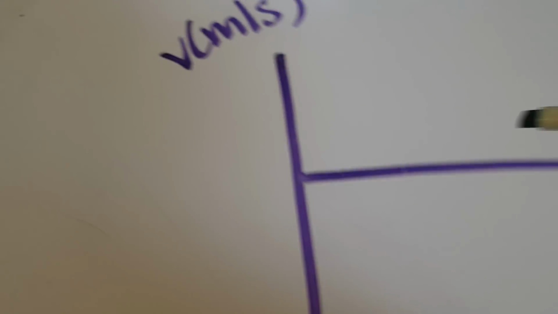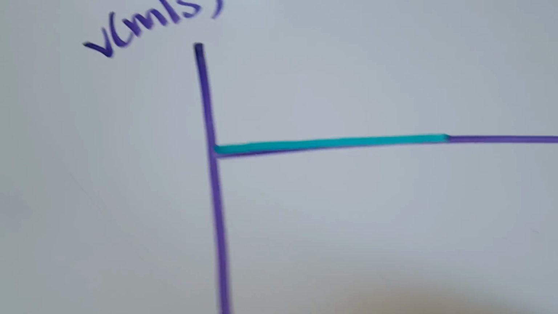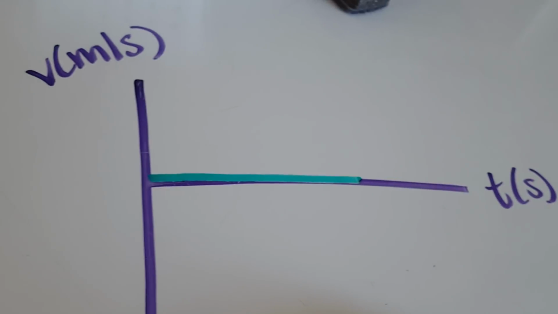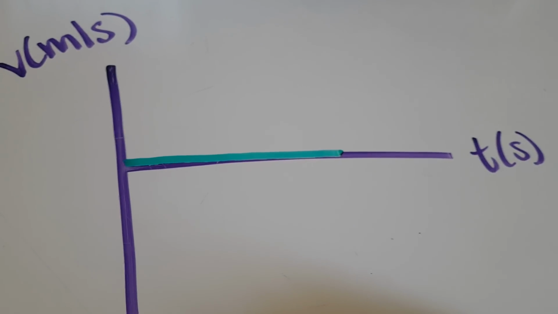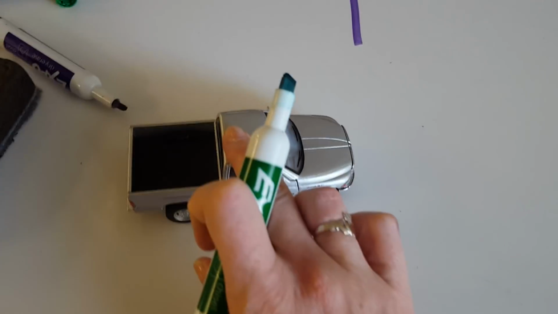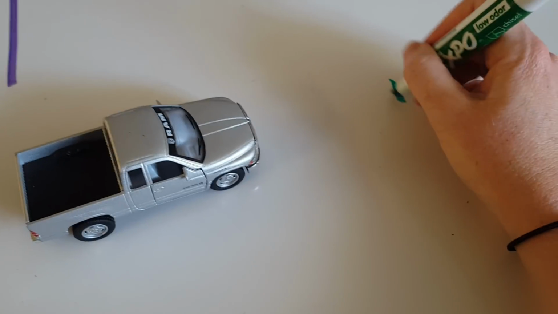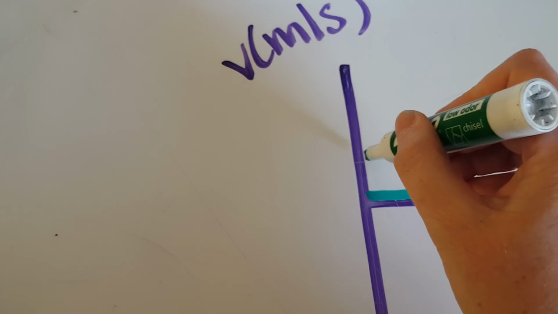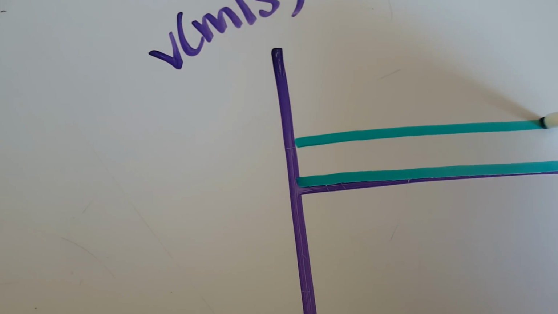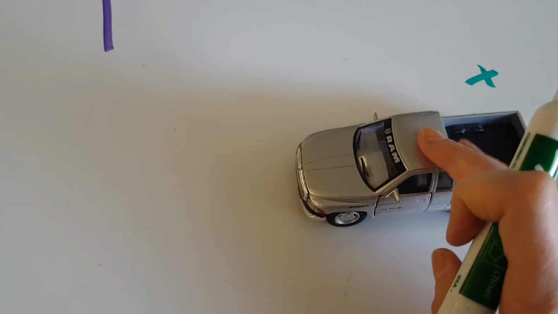So this truck, if I were to graph this, I would just draw a line on the x-axis indicating that this object is going at 0 meters per second for some period of time. Now, if the truck was moving constantly, and let's say this is the positive direction, then I would have some sort of constant velocity. I'm going to say that that was relatively slow in the positive direction. If this object was turned around and moving with a faster constant velocity, but in the negative direction, I would